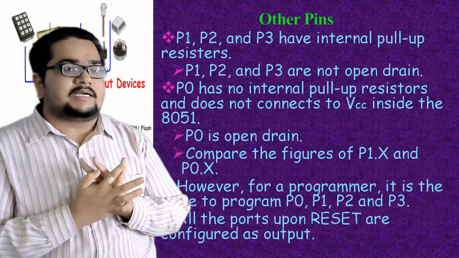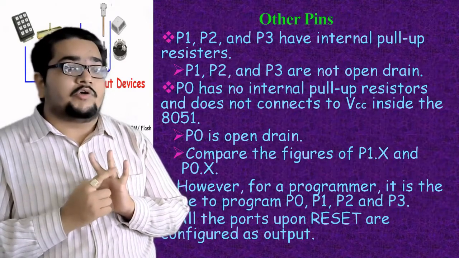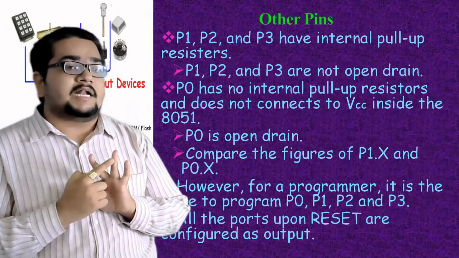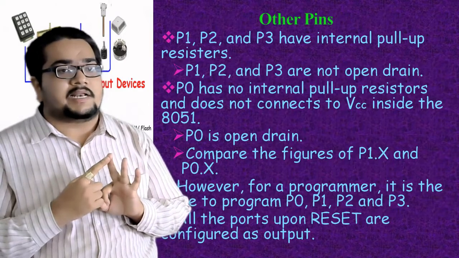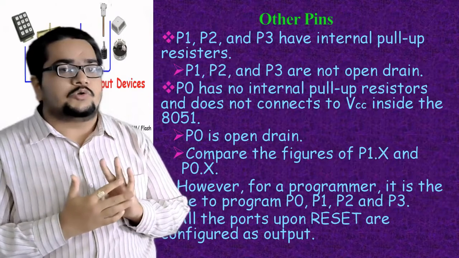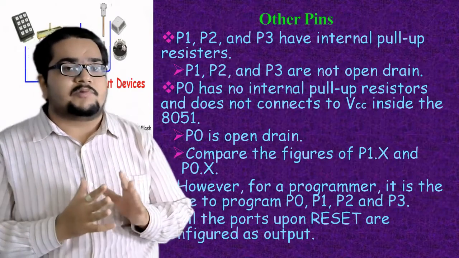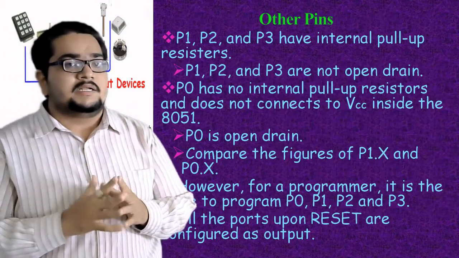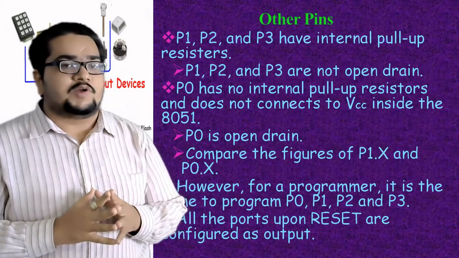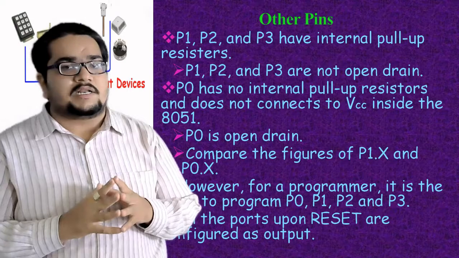So they have to work as the address bus, the lower 8 bits of the address bus, they have to work as an 8-bit data bus, and they have to work as bidirectional input output pins. That is why internally it is not pulled up, because if it is internally pulled up, they will be working in only one fashion and the other functioning will be difficult to assign to them. So that is why it is not internally pulled up.